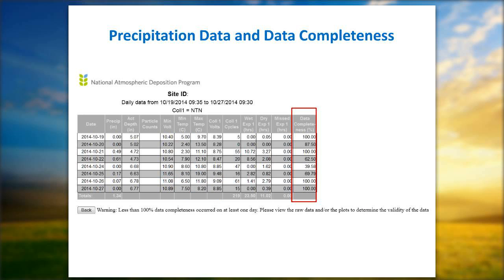Also, and I don't want to elaborate on this too much, but if you've never looked at this particular slide when reviewing your data, this basically gives you a function as to what your collector and your gauge did throughout the week. It tells you the number of cycles and amount of wet exposure, dry exposure, and mist exposure. This is all criteria data that Brian and I look at as far as distinguishing whether the collector and the gauge are working properly. So if you would like me to elaborate a little bit further on that, feel free to give me a call at that